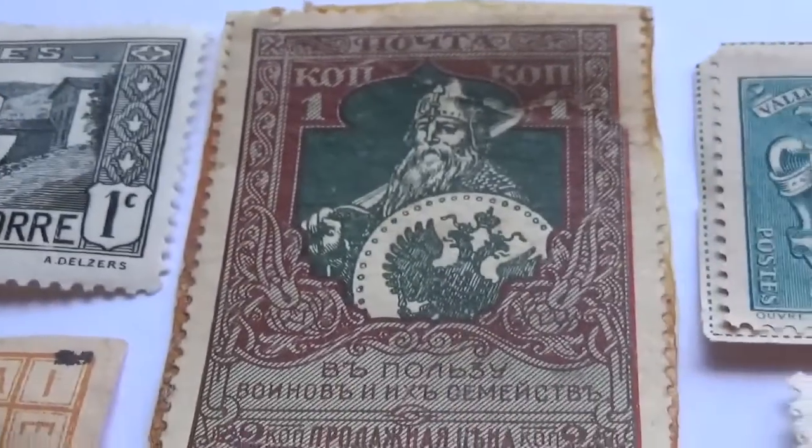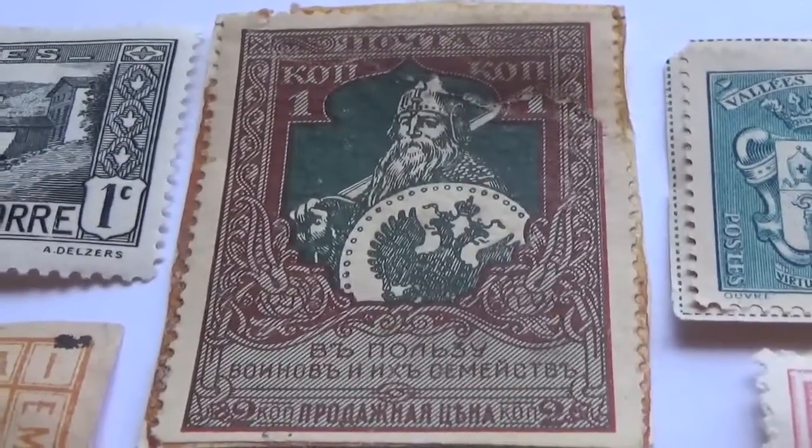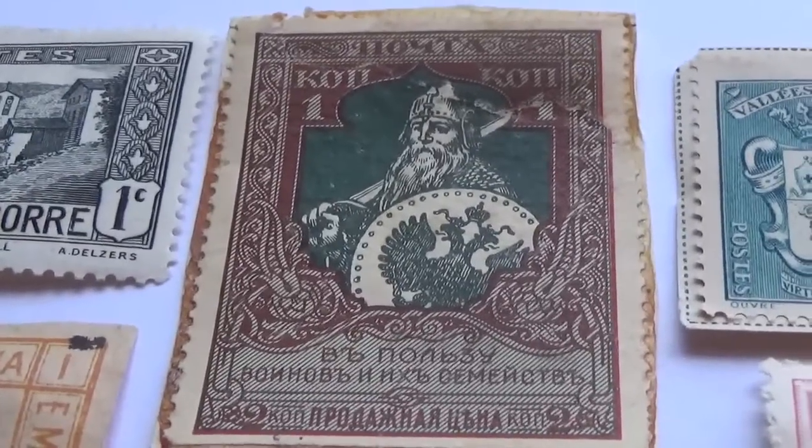Okay, and then the one we brought to you here just a little while ago. I have no idea what any of this writing means or where this stamp comes from,